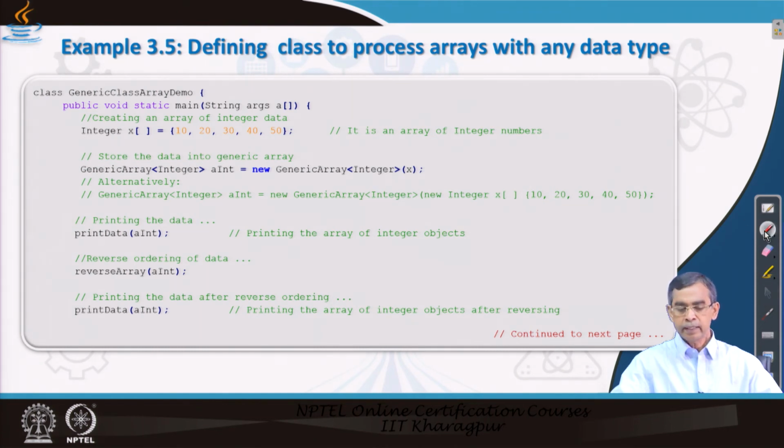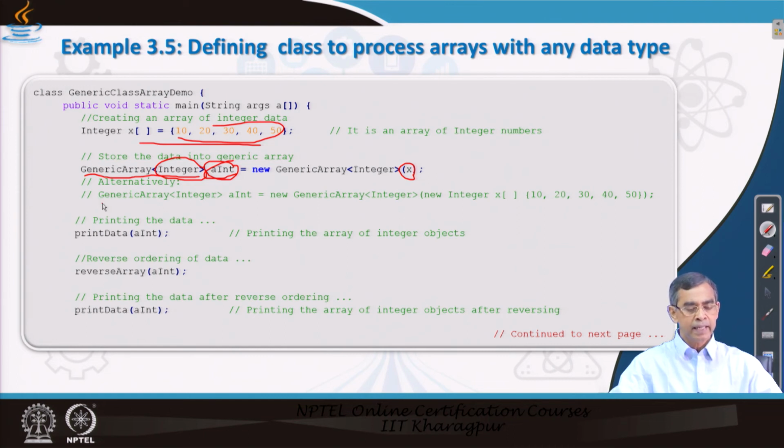And again in the next example, as we see, the same class method is instantiated for the template. Here Integer is the type, and this is the name of the object that we have created, passing x. X is the array of objects passed to it. That means aInt is a collection, we can say, which stores all the elements in x.